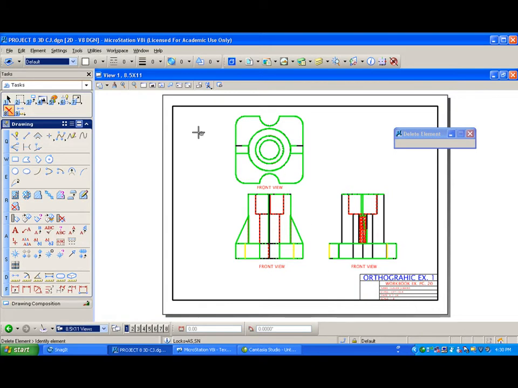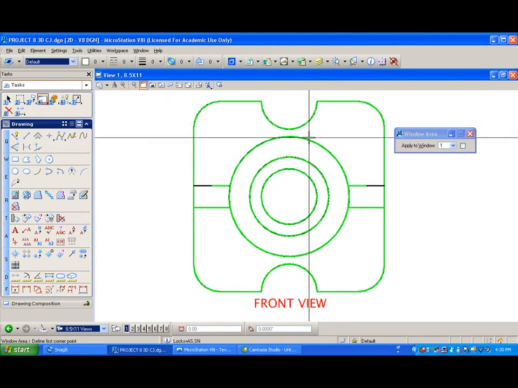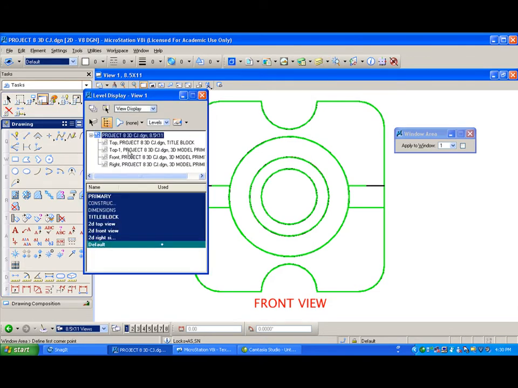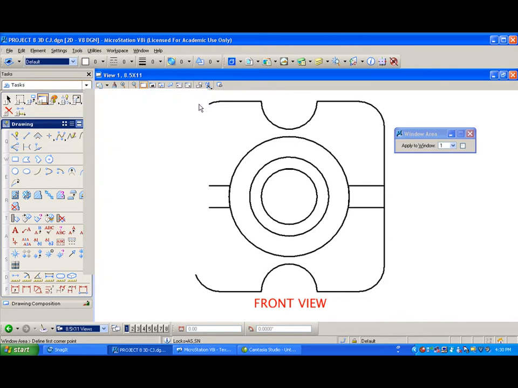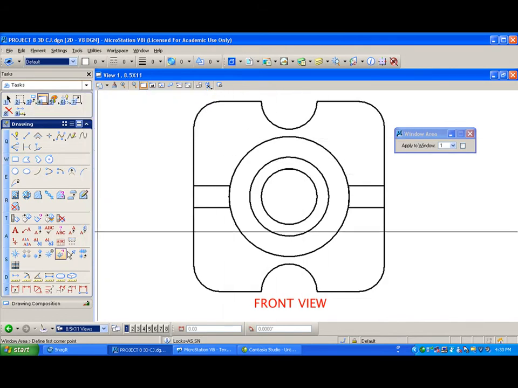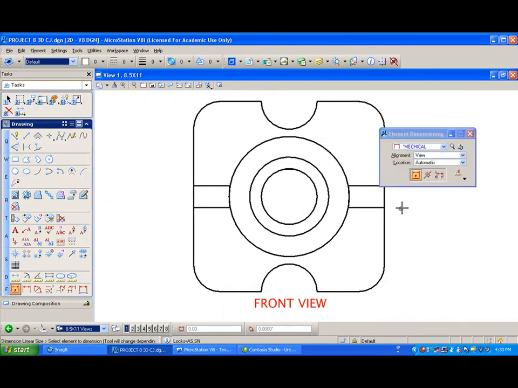And what I want to show you first is in this top view, I haven't changed the label yet, we go to our level display and I want to select the top view reference file. You can see it's right here, top view 3D model primitive, and I want to turn off everything but the primary information, just the primary model. So I'm actually looking at the 3D. This is where I can import the dimensions